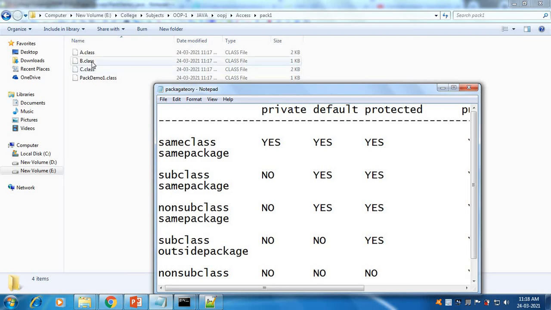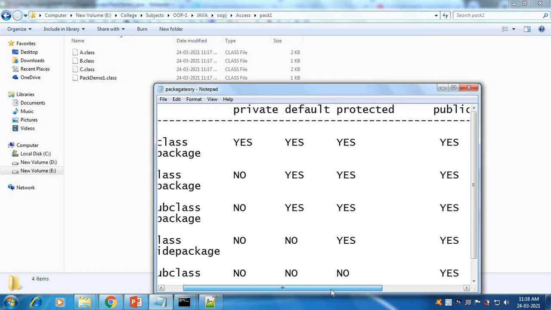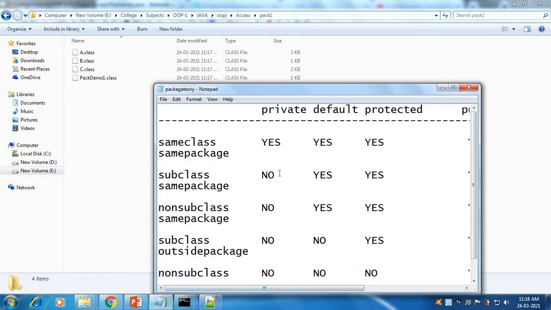But if we have properties of a subclass, meaning the B class and A class relation, in the same package, then if it has default, protected or public access specifier, we can access it, otherwise we cannot.